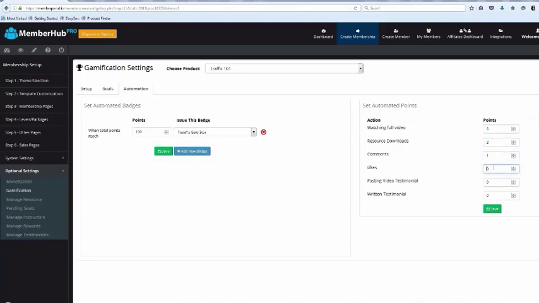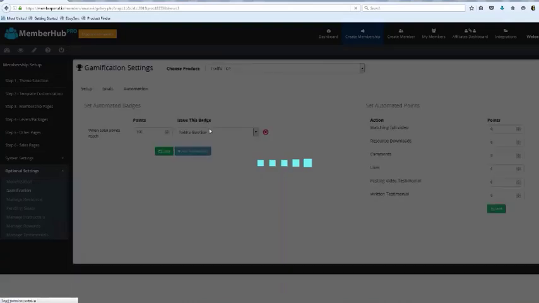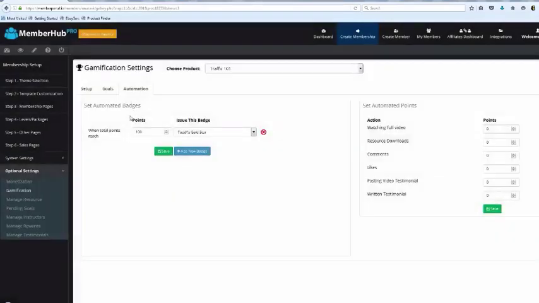And then this here, we're going to do something different, guys. We had it set up to where we were issuing points when they did a video testimonial or a written testimonial. We're going to remove that because of what we found with the FTC. We don't want anybody to get in trouble. You can't incentivize in any way to get a testimonial. As minor as it sounds, we want to make sure you guys are protected. So I'm going to go ahead and click Save. Now we've gone and set up our gamification.